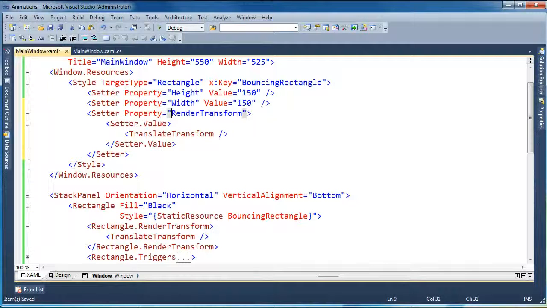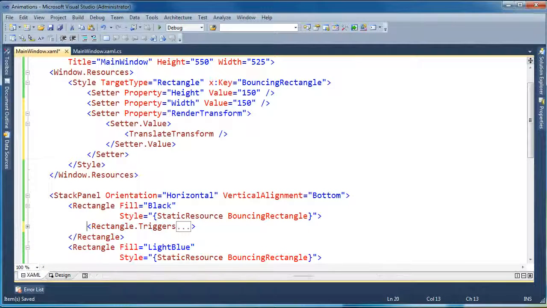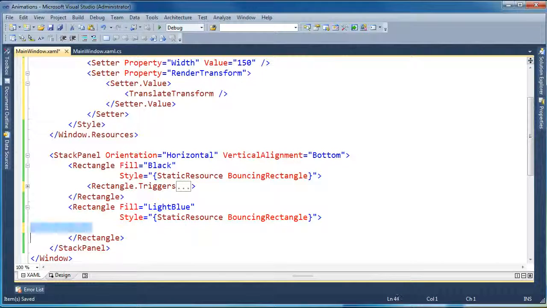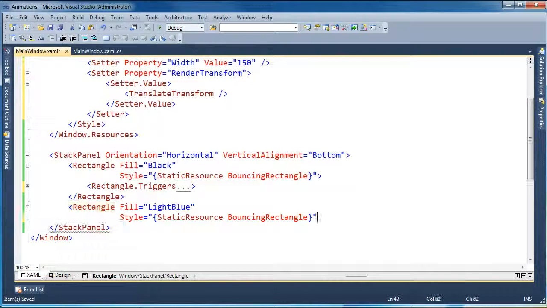So now what I'm saying, in the style, set its render transform to be a translate transform, which is the same thing we're setting here. So now I should be able to delete that as well. I want to delete that from both rectangles. So now we've got a real simple rectangle here, and I'm going to even close this tag inline. All right, so the only thing we have left now is a triggers collection, and that's where our animations are